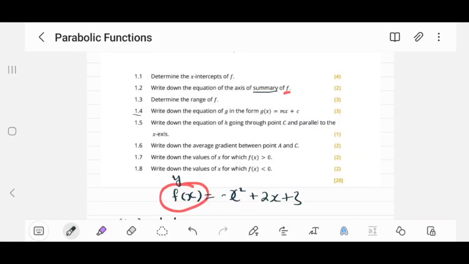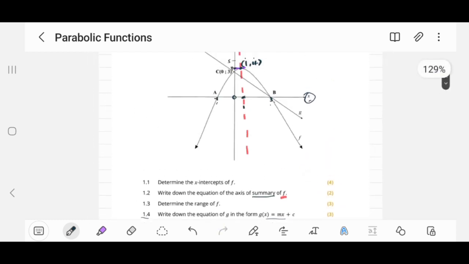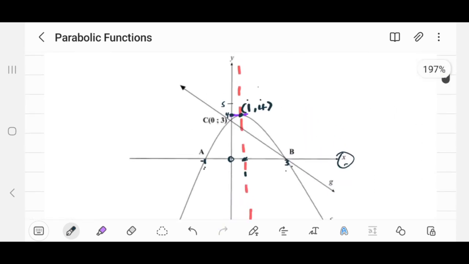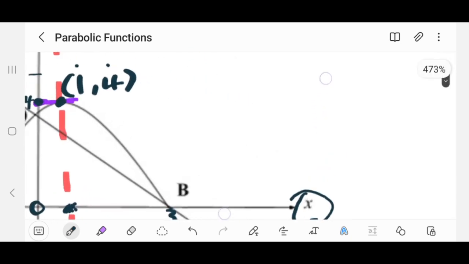Okay guys, so we are back and we were on writing down the equation of G in the form of this now. If we want to do the equation of a straight line, we will need a gradient and at least 1 point. Yeah, we need the gradient and at least 1 point. And then remember the coordinate of B here